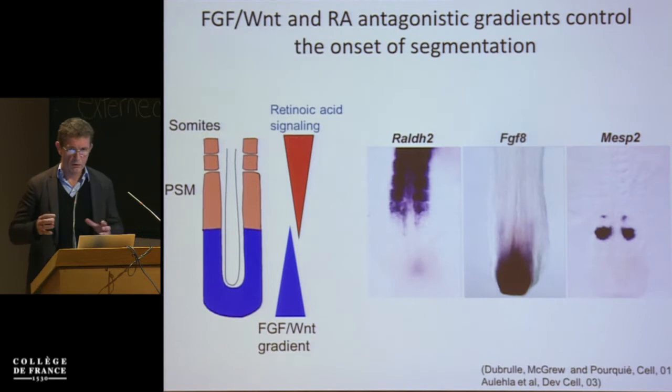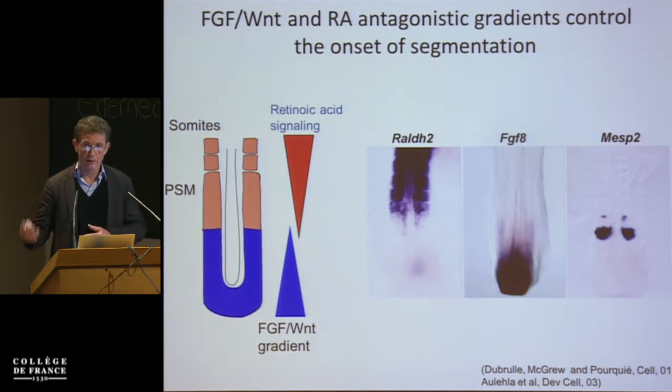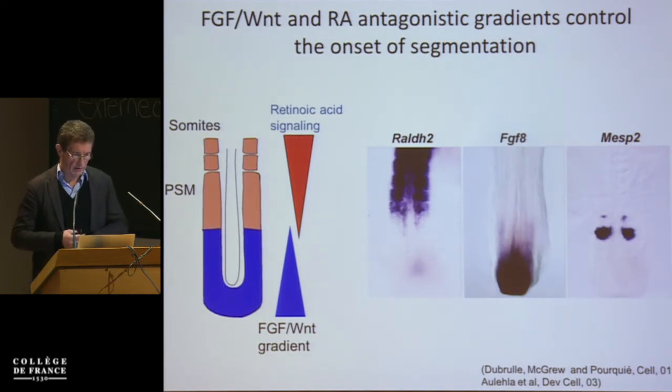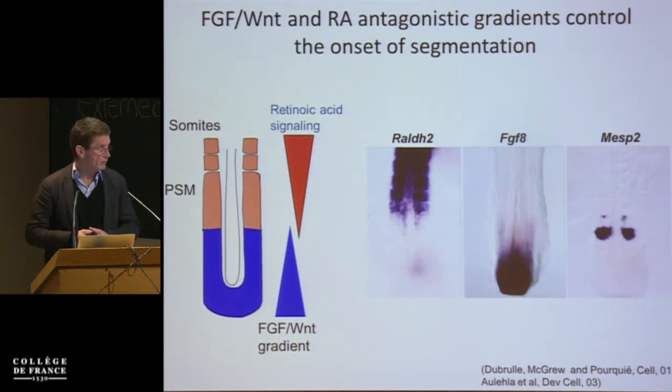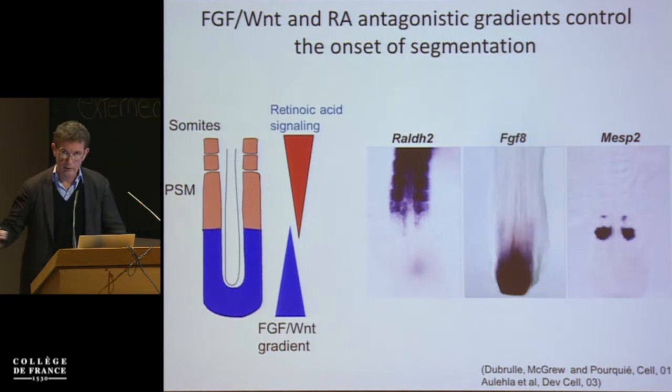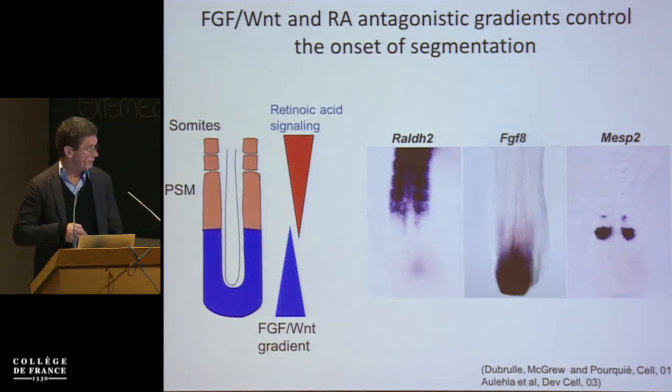So the clock is thought to be the system that controls the rhythm, the temporal aspect of segmentation, but you need a second component in order to produce a periodic series, a spatial periodic series. And so this second system is thought to involve a set of gradients, of posterior gradients of FGF and Wnt